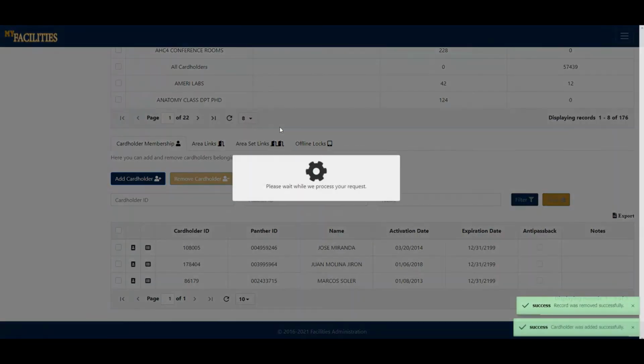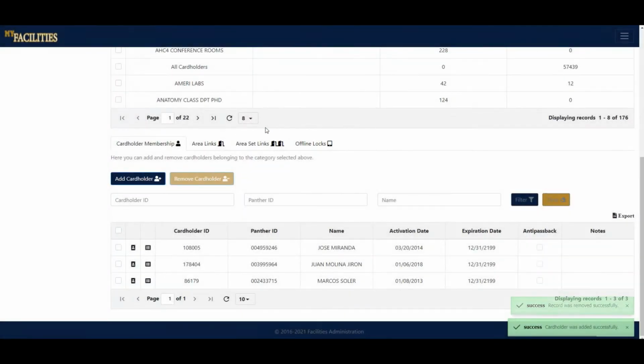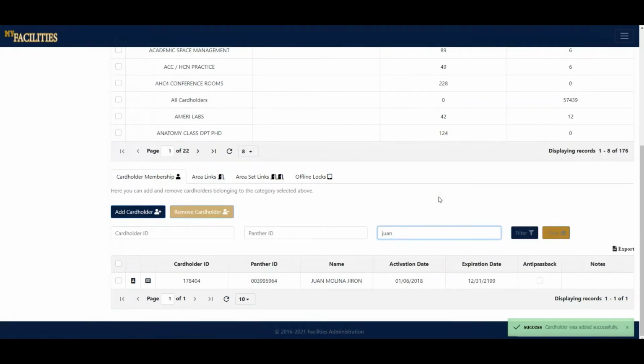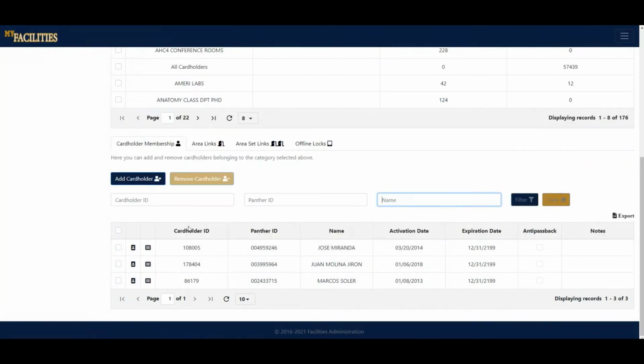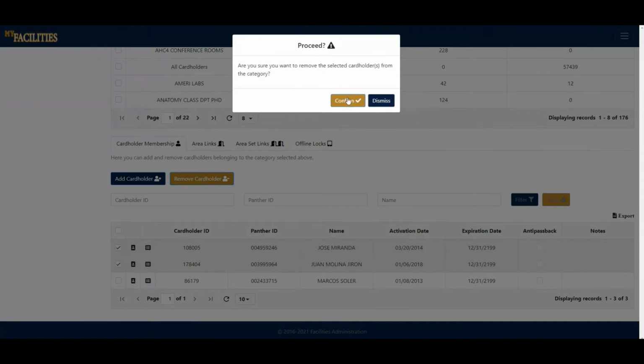You can filter through your list of cardholders by their cardholder ID, Panther ID, or name, either with a complete value or partial value. To remove a cardholder, simply click on the cardholder or multiple cardholders that you wish to remove and then click on Remove Cardholder. You will be prompted to confirm this action, and by clicking Confirm, you will have removed the cardholder or cardholders